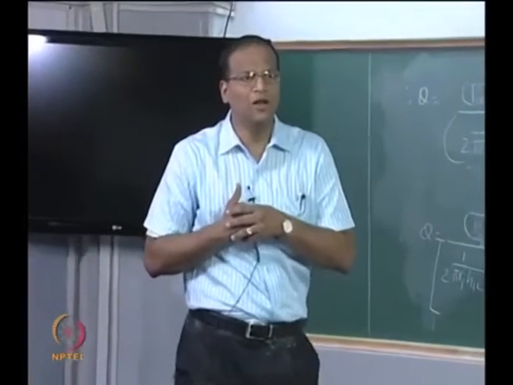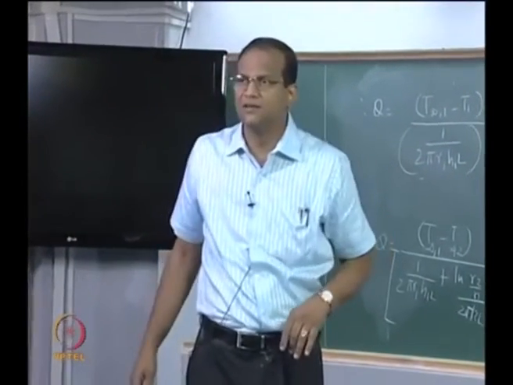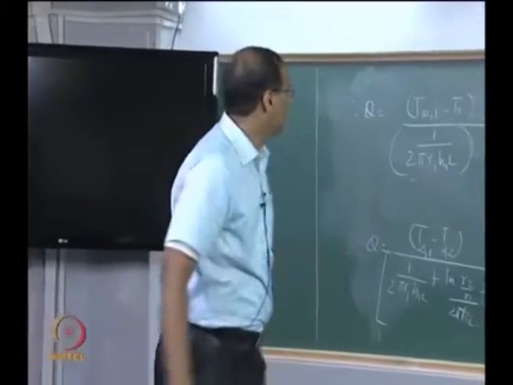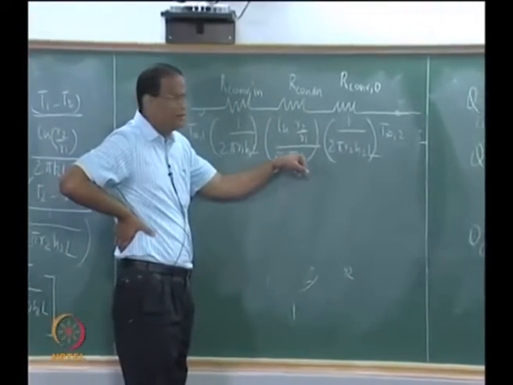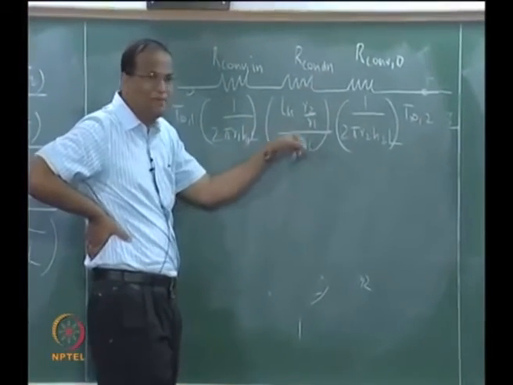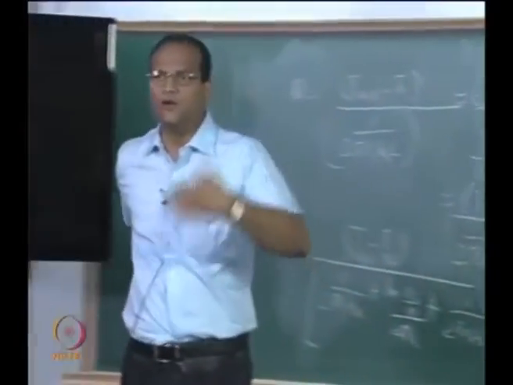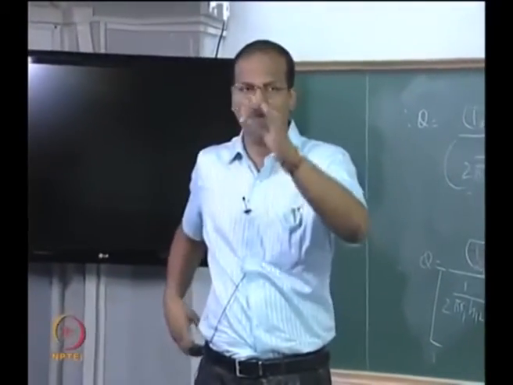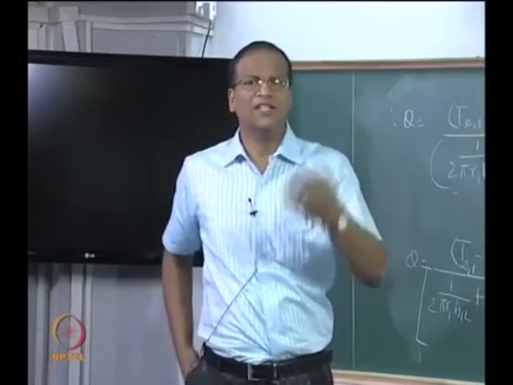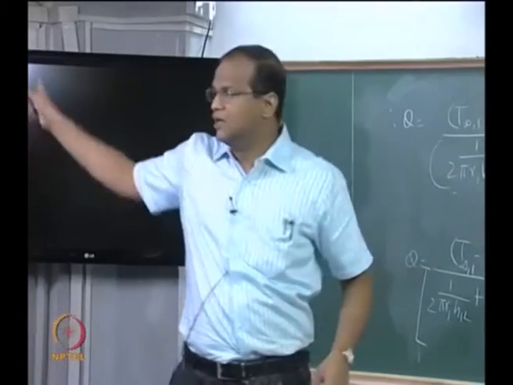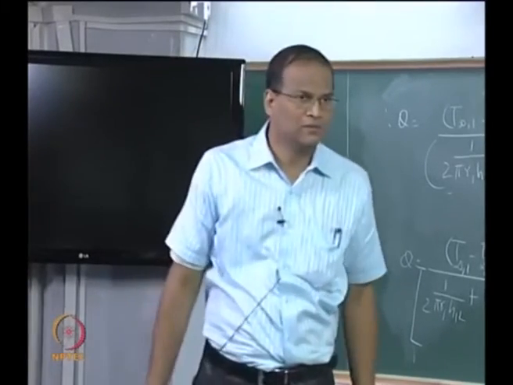Now we can have a composite wall where, apart from the inside and outside surface resistances, we can pack this with insulation. Therefore, you can have terms like ln of R2 by R1 over 2 pi Ka L plus ln of R3 by R2 over 2 pi Kb L. Suppose you are looking at an insulation design, using 2-3 types of insulation. There is a metallic wall, then you put glass wool, then something else. What is the idea behind this? In all these industrial establishments, when you are carrying hot fluid, the outside temperature cannot exceed 65 degrees because that is the temperature at which people will get hurt.